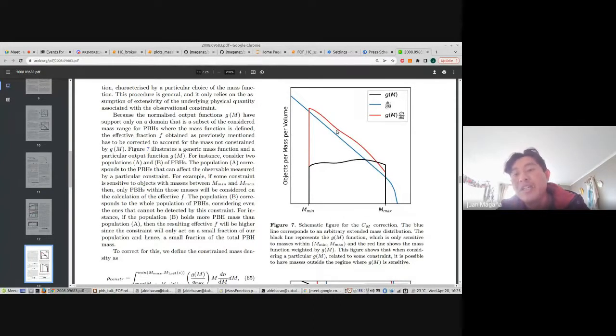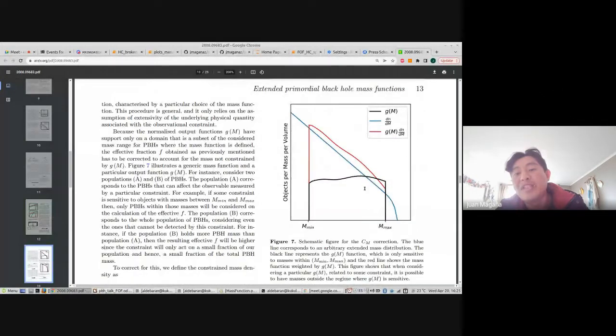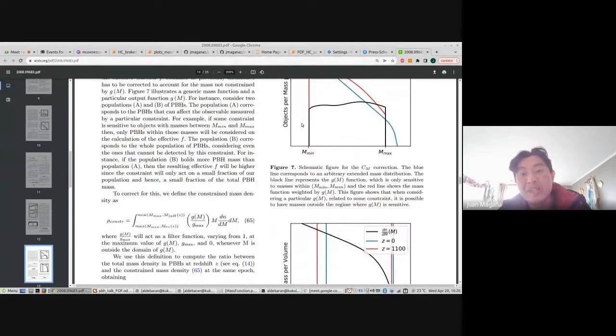For example, this is the function obtained for strong lensing constraints, the inverse, and the blue line is an extended mass distribution. If we combine this mass distribution with this integral here, we can obtain this kind of function here. But we have objects outside this region, this black line, and we need to correct our estimation of